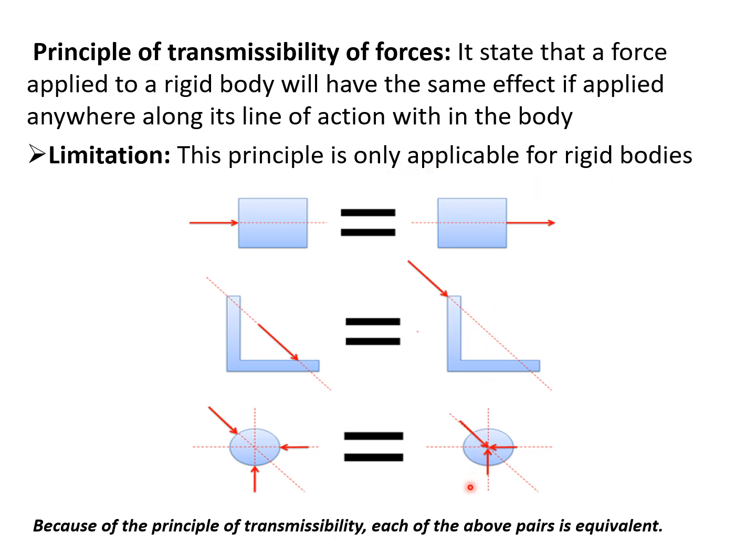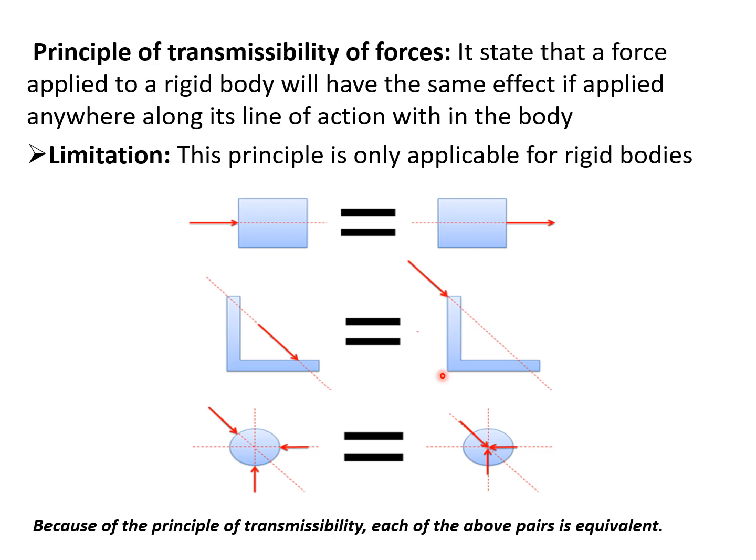Now you see these three diagrams. In the first one, a force is acting on this body at this particular point, and now we shift that force along the same line of action within the body. So by the principle of transmissibility, the effect of these two forces on the body will be the same. In the next diagram, there is the L section. You see the force is acting at this particular point, and now we can shift that force anywhere along the same line of action within the body like this. So the effect of these two forces on the body remains the same as per the principle of transmissibility of